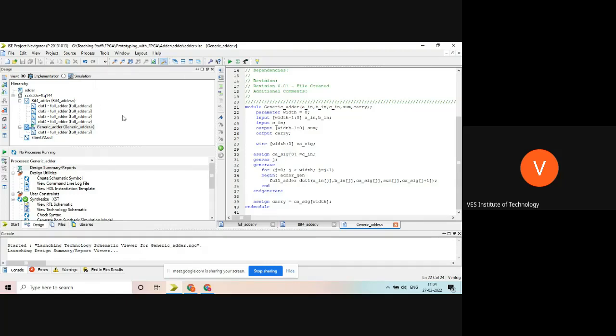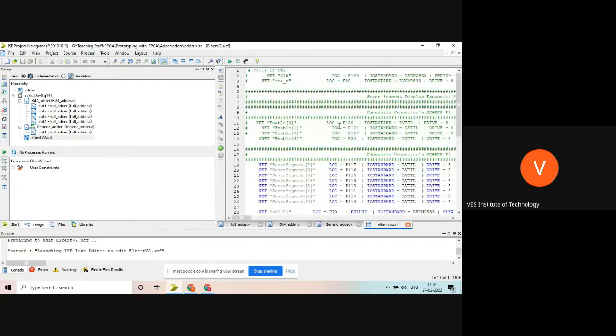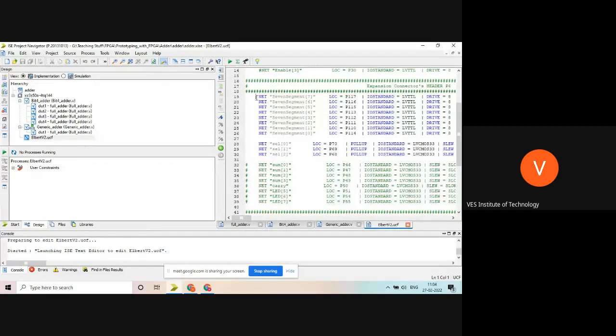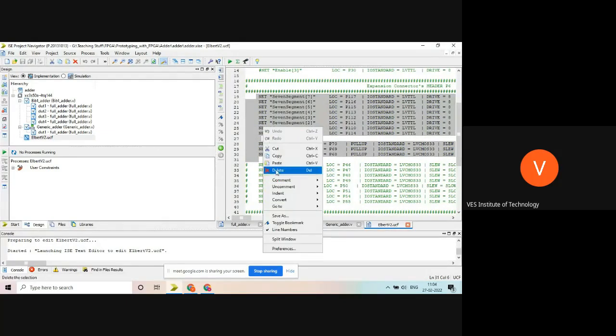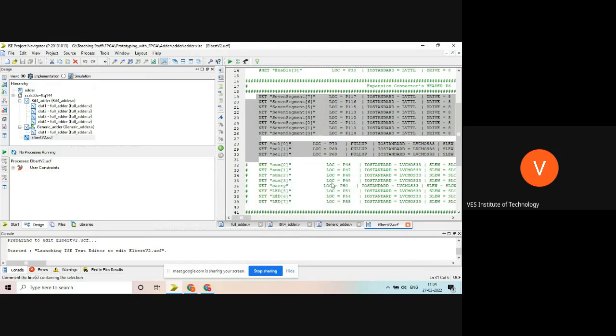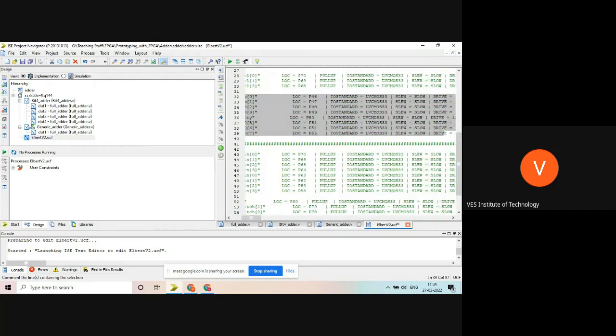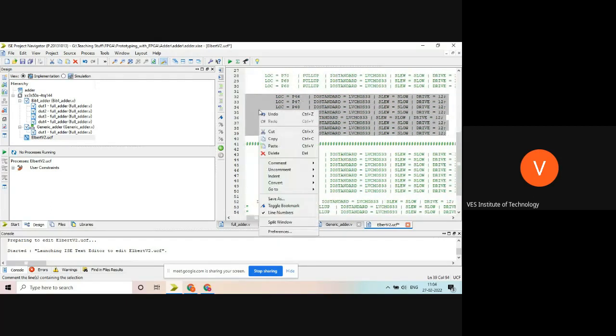Okay, now we'll go to, shall we download it? If you want to download it, you have to do some kind of coding like this. I have downloaded this code onto the board also.